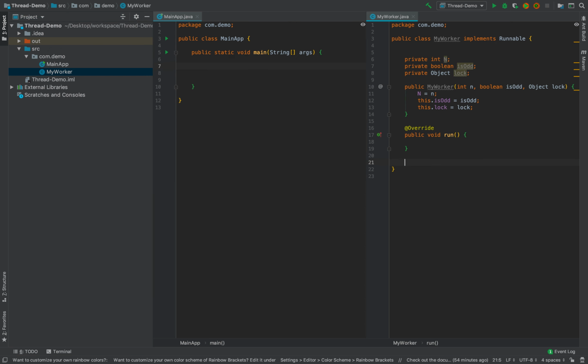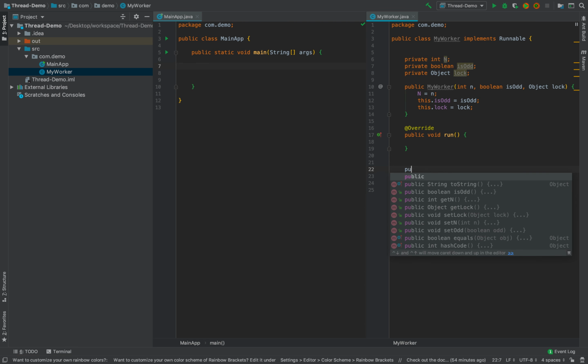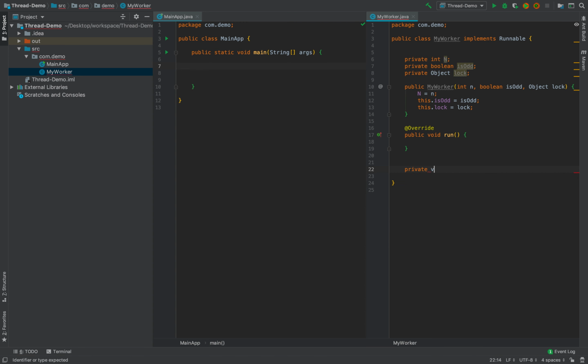Okay, and once you have this, what we wanted to do is we have a private void even worker, and similarly I will have a private void odd worker.